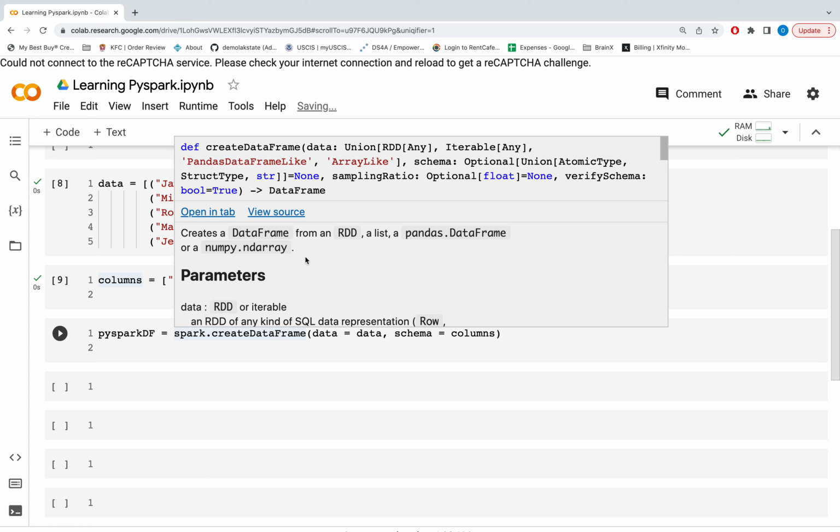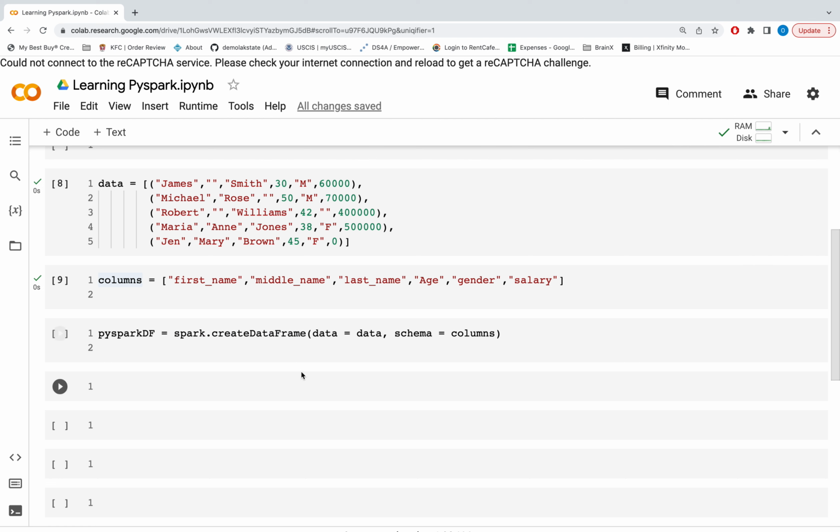So that's good, it's showing us it's taking data. It could be any other attribute, and we can see that. Okay, so this creates a data frame from RDDs, lists, or pandas or numbers. So we have that, and we put in the schema, which are the columns. So that gives us this,